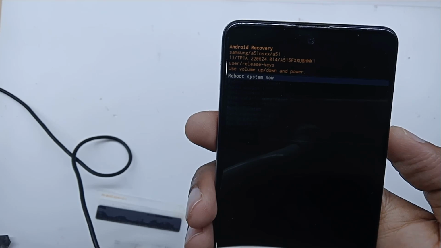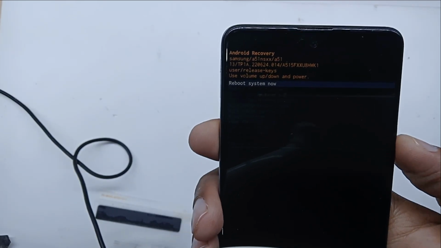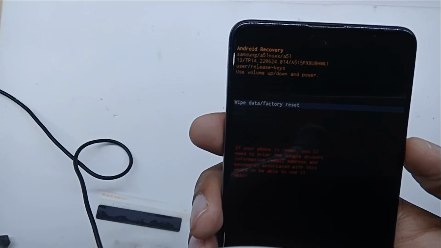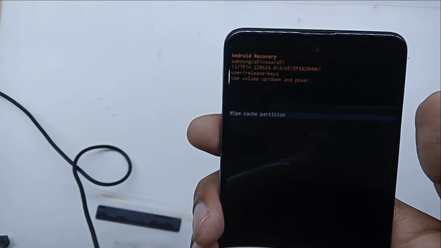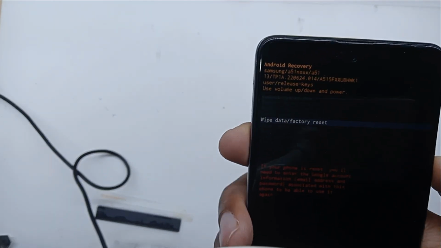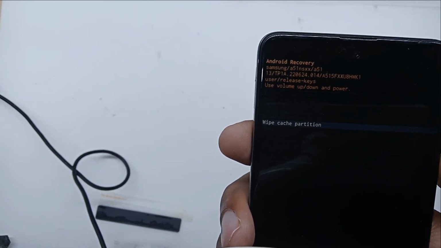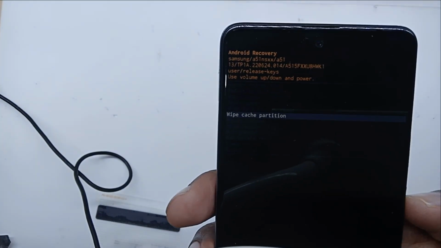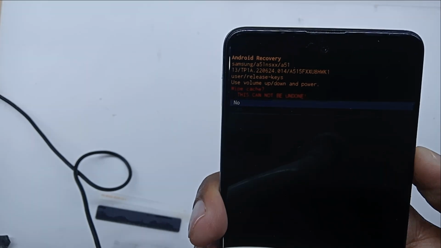Guys, this is for FRP in Samsung Galaxy A51, but this method can also work with all other Android phones. Now if you come to the recovery mode, you will see two options here: wipe data factory reset, and under that you will see wipe cache partition. You need to click on wipe cache partition, click OK, then click yes, and when it's done, again you need to go to